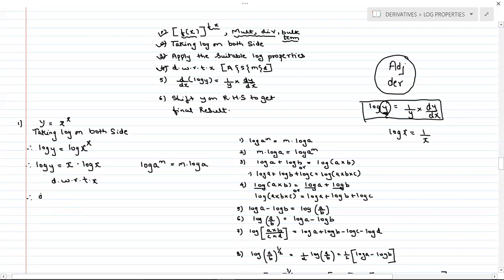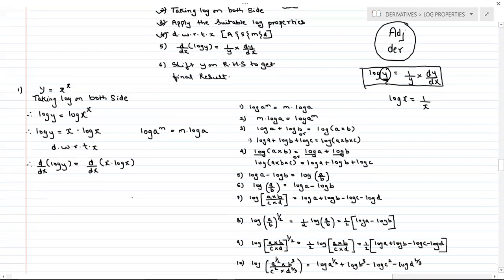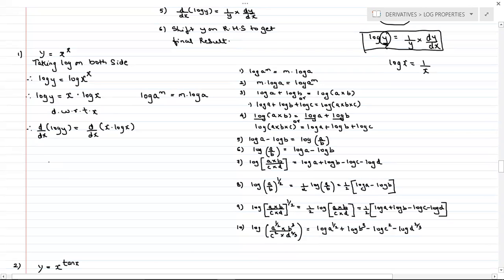So here we have to find the derivative of log y equals the derivative of x into log x. Okay. Now, as just now I explained, derivative of log y you can write like this directly, 1 upon y into dy by dx. Just now I explained how you got this 1 upon y into dy by dx using the chain rule. Okay. Now just focus on the right hand side. Check out in the bracket how many terms are there. There are 2 terms. What is the connection?